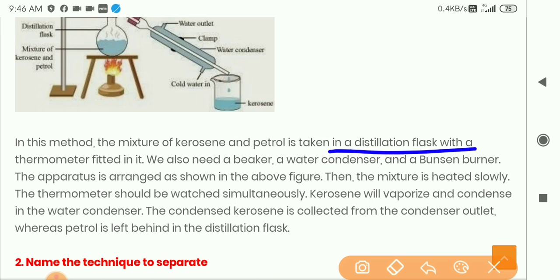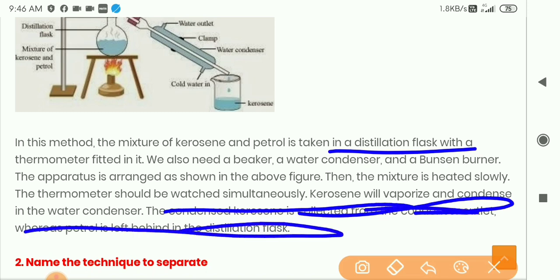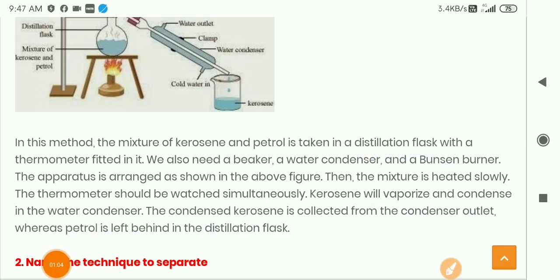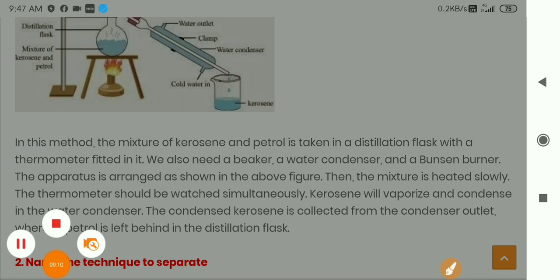Now see, there is a mistake over here. This is the mistake: kerosene will not be evaporated first. First of all, petrol will be evaporated. Okay, petrol will be evaporated first. As petrol has a low boiling point, first of all boiling of petrol will start; actually, petrol will start boiling even without heating. So first of all petrol will be evaporated and condensed back into the receiver. Then when the entire petrol is separated out, the kerosene will start boiling and vapors will start coming out. Okay, so there is a mistake here, please do not take it as it is.